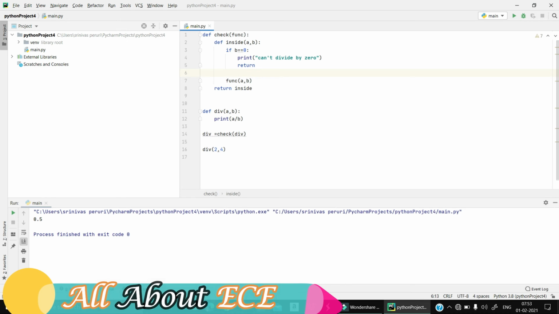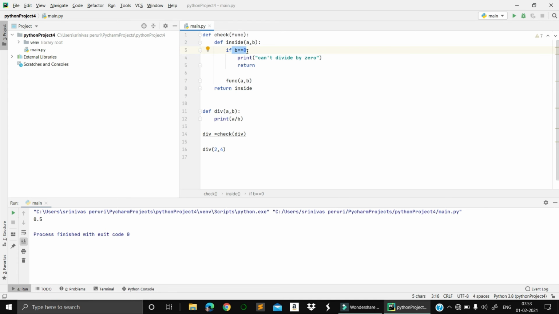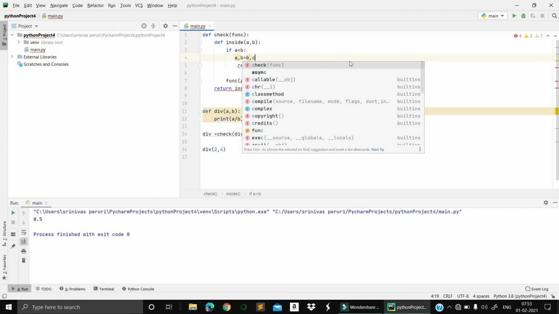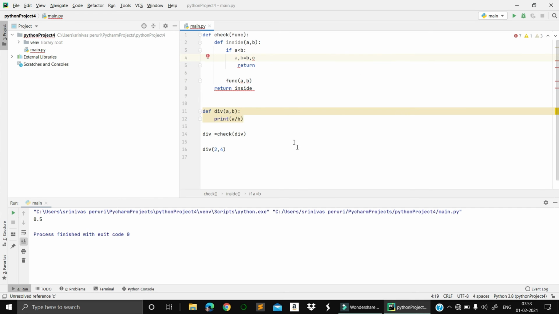So in such a case, what do I need to do? I'll change it here itself. If a less than b, okay, sorry, if a less than b, I don't want this one. I just want to swap. a equals b, b equals c.